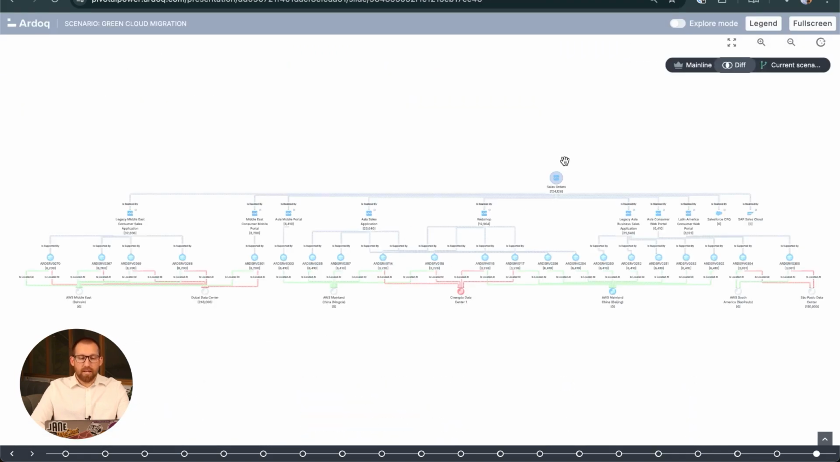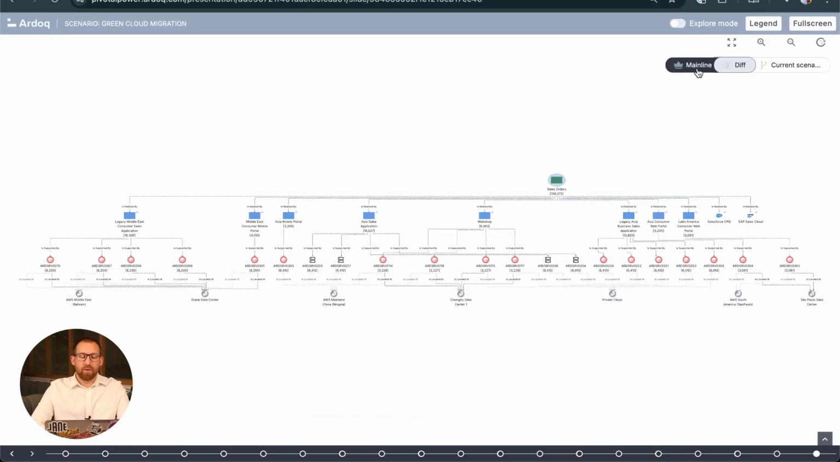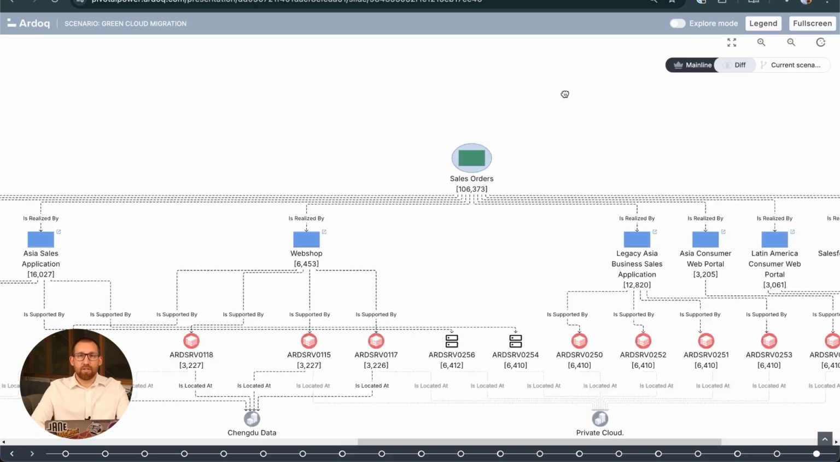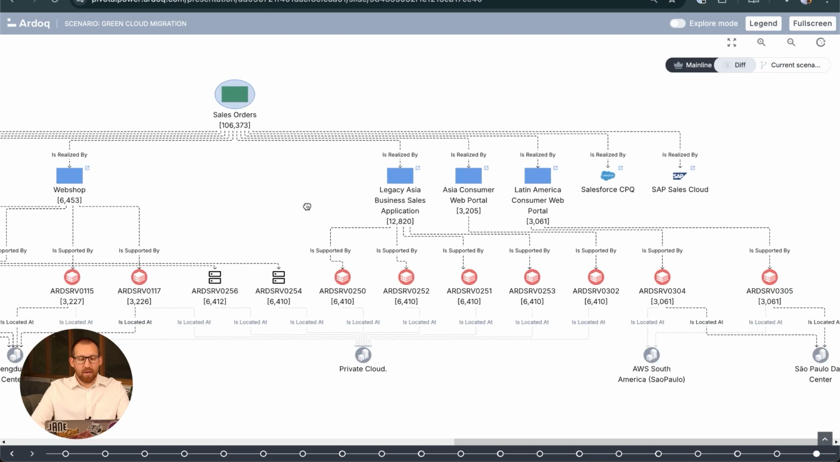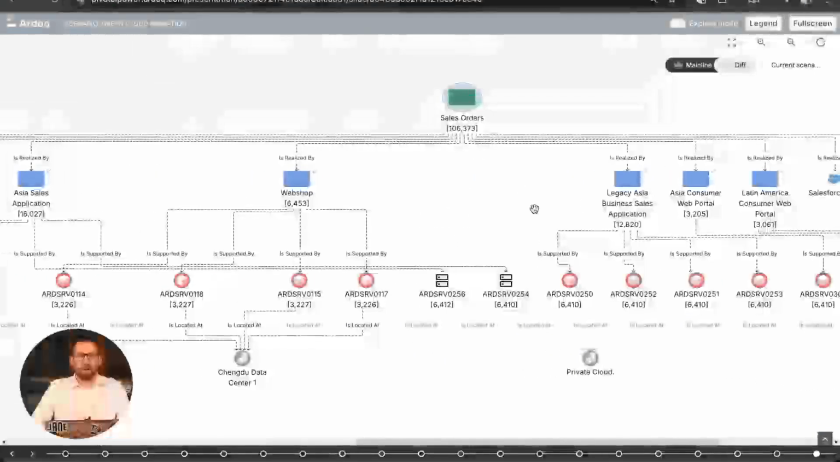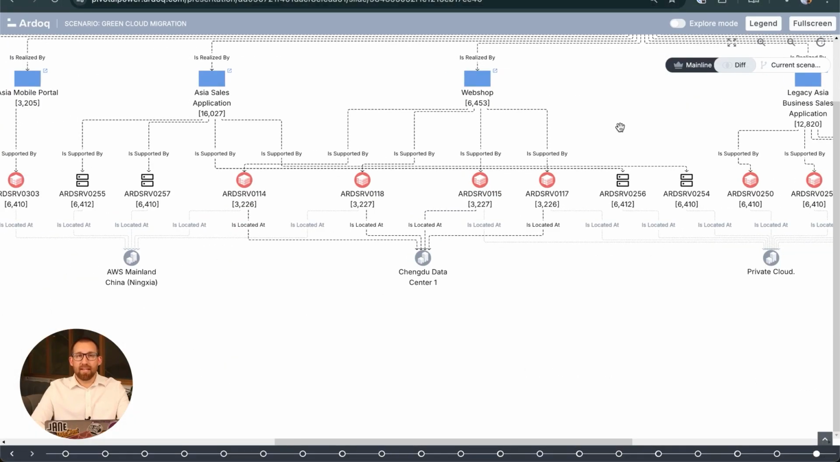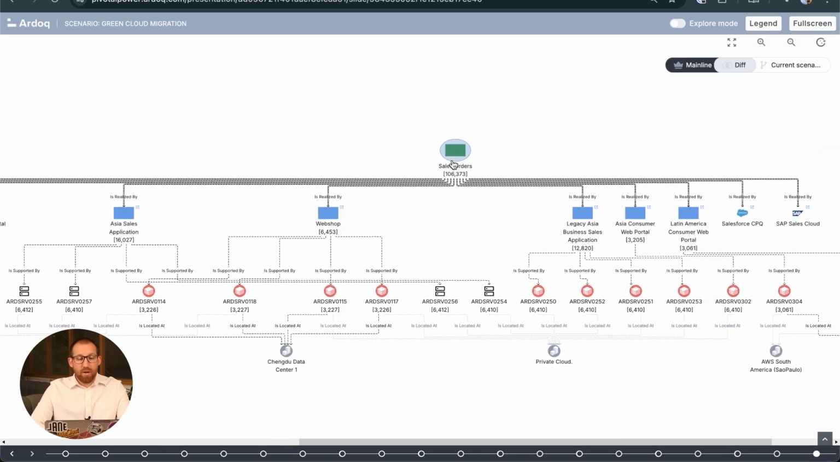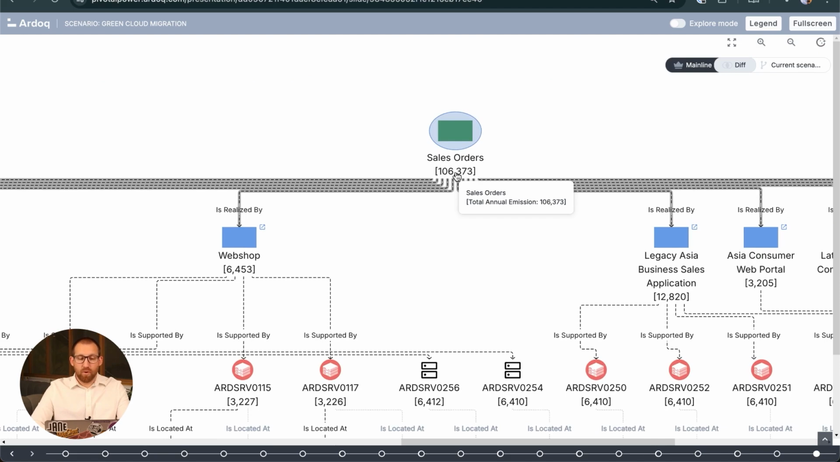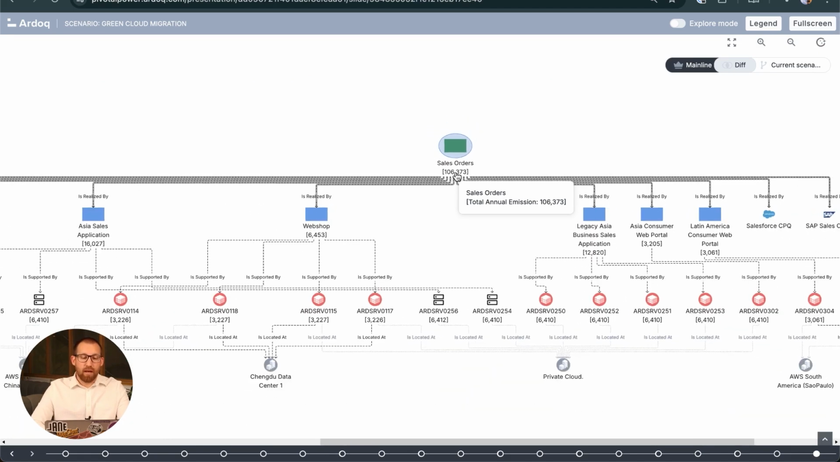Let's take a look at a specific example on how a scenario can help us understand whether our innovation initiative will benefit sustainability. In the main line, we can see that the target application is currently deployed through infrastructure in our own data center. We can see that in this example, the carbon emissions are rolled up to the sales order capability. We know that we want to evaluate the sales order capability to see if leveraging cloud-based services will